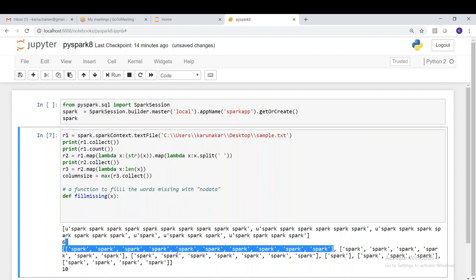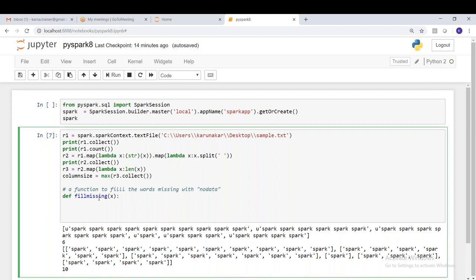So every record is a list, but the number of words in each list is different. So this function has to take a list of variable size. It can be any size, but it has to generate a list of size 10. Why? Because the maximum number of words in a given line is 10 only. So we need not go beyond that.